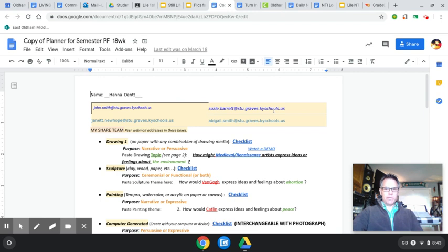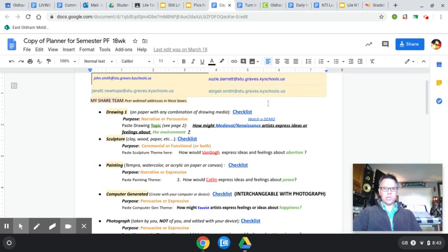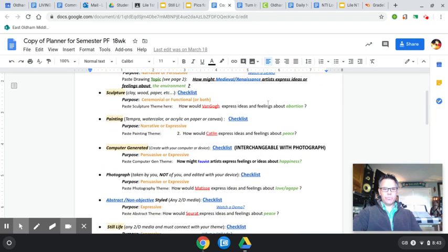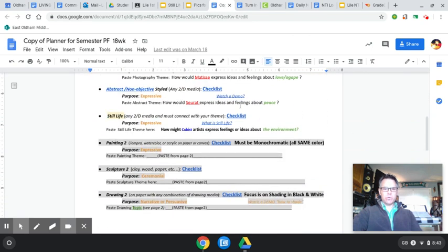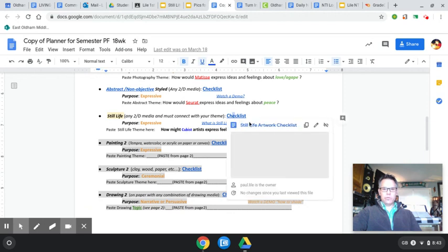So where to begin? The first place you should begin, with every artwork, is your planner. What you need to do is reference your planner, go down to the still life assignment, which is here, and look up your theme question, okay, and research the artist or movement that you chose, and then research your topic. Once you've done that, then you go up here to the checklist and you click that link